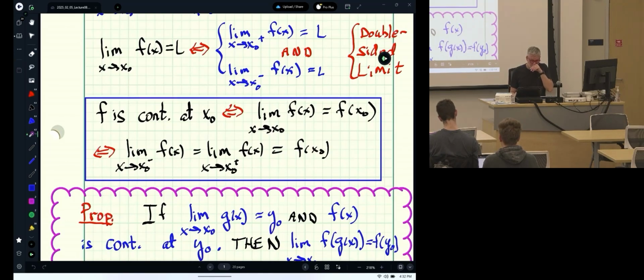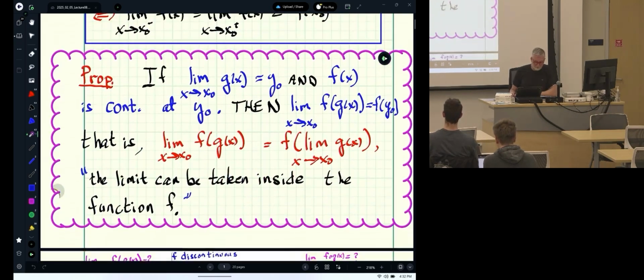And then a function is continuous at a point when the limit as x approaches the point and the function value at the point all agree. You can do that in terms of double-sided limits or in terms of single-sided limits. Now, the big benefit is in understanding continuity and limits carefully enough that you can decompose limit calculations